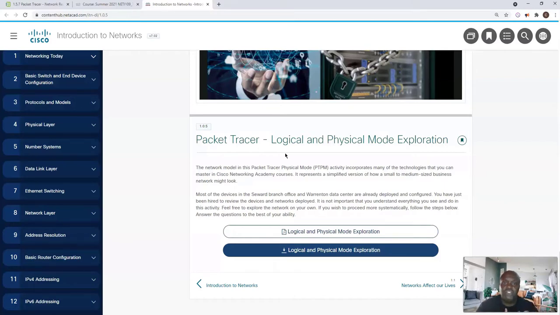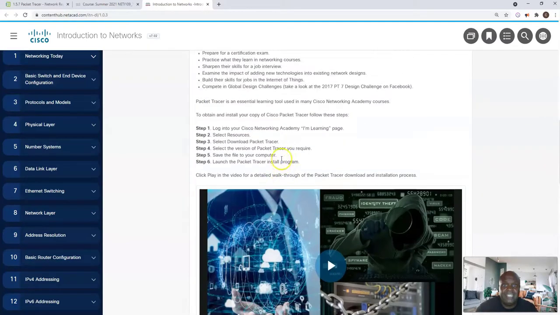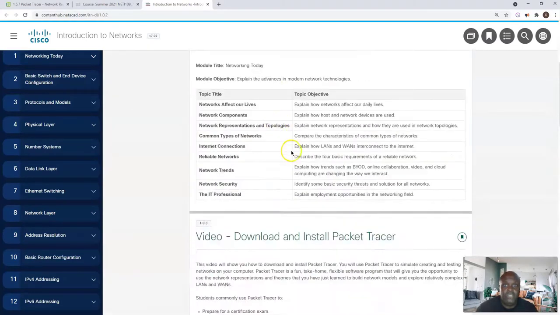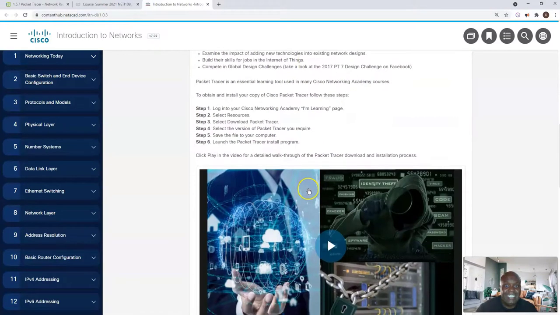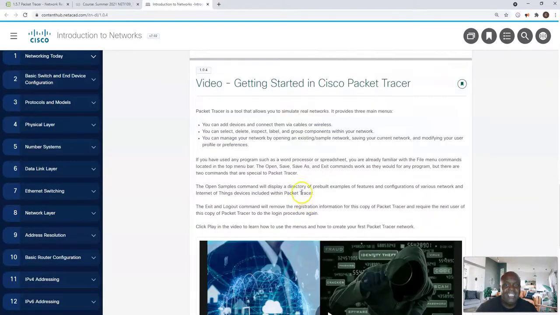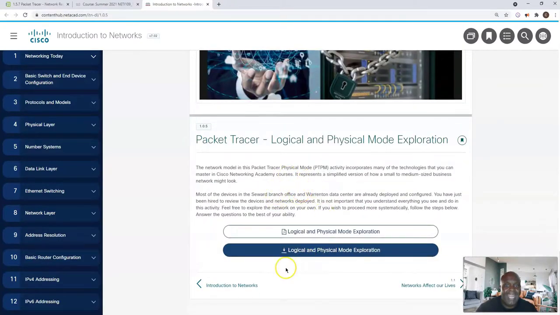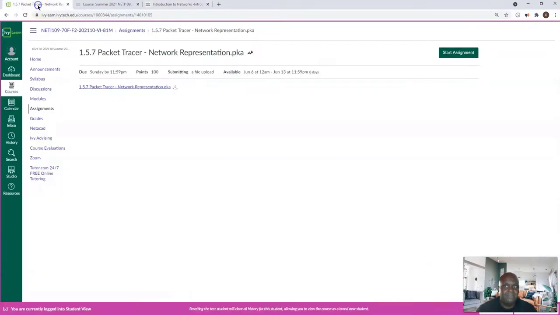And then we have students who are, we consider hands-on people. So if you look at this again, we have material where you can read, we have material where you can visually see it in these videos, and then we have material where you can do hands-on. But you have to take the initiative to point out which one of these helped you the most and then go for it. So I have the Packet Tracer down to the desktop, but when you say you can't find the Packet Tracer inside of here,